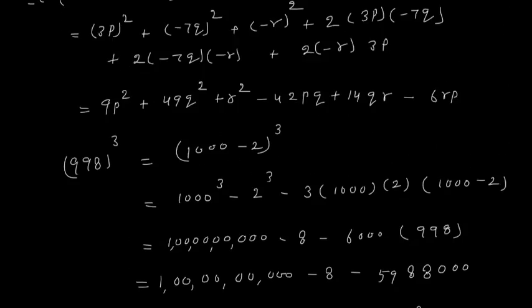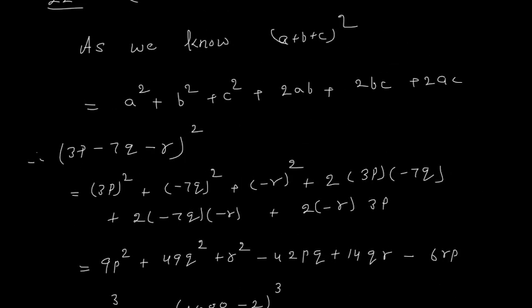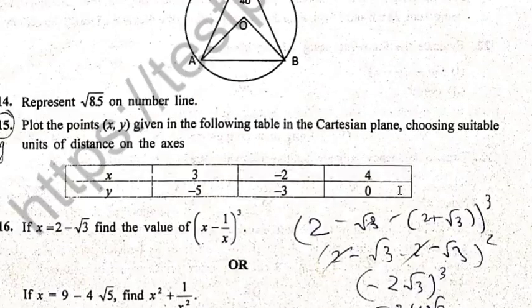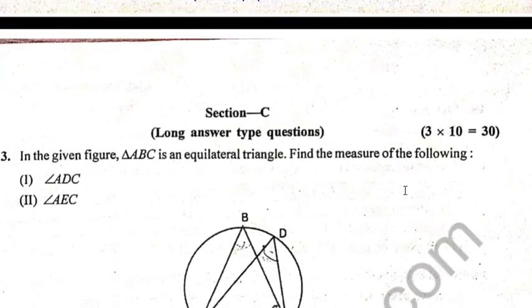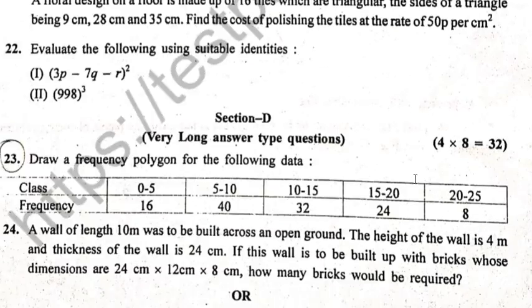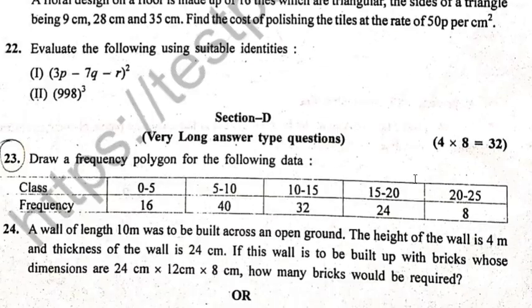So we have done section C. Now if we see section C, for how many marks was this section C? Section C was for 30 marks. So for 30 marks we should take approximately 60 minutes. We have taken slightly more than that, as we have done optional questions also. So this is how you can also finish this part in 1 hour.